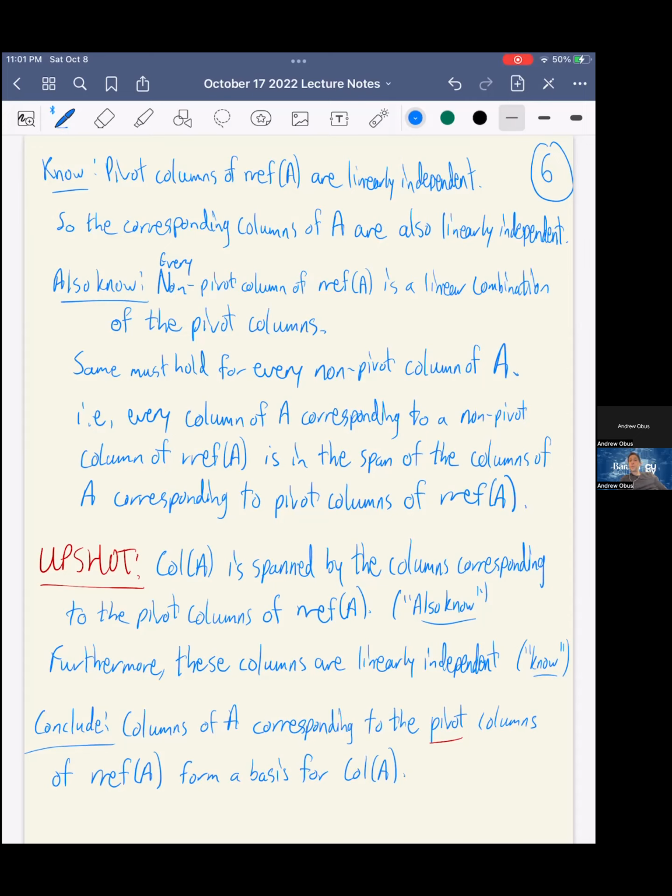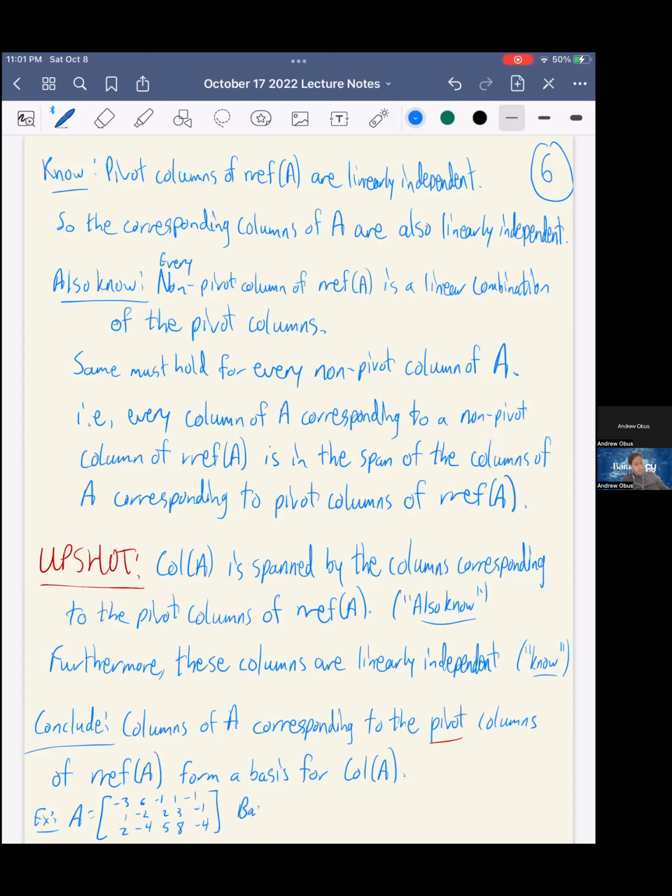You row reduce the matrix, you find the pivot columns, and then you take the columns of the original matrix, not of the row-reduced echelon form. You take the columns of the original matrix that correspond to the pivot columns. So for our example, if A is just the same matrix, I'm just going to write it down again, this matrix we've been using as a running example. So if A is -3, 6, -1, 1, -1, 1, -2, 2, 3, -1, and 2, -4, 5, 8, -4,